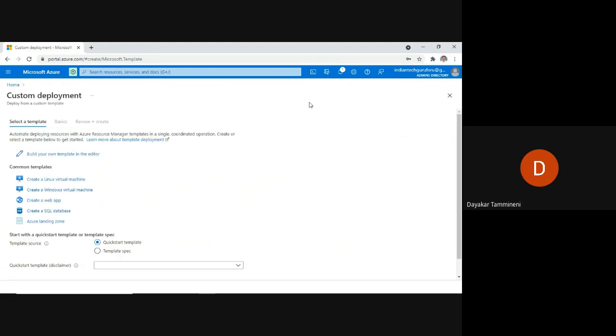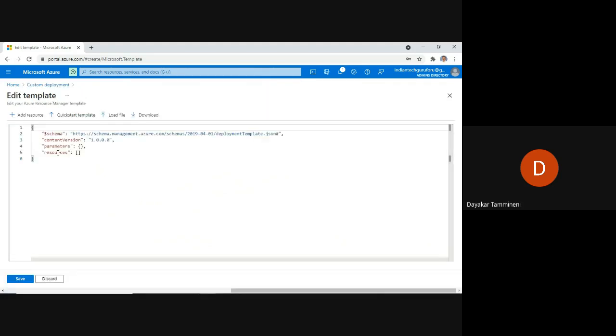So how to do that? Just in the search bar, search for template deployment. Then you are going to get this custom deployment. Select a template. Here click on build your own template in the editor, because now we are using our own template, which has been created by us and downloaded by us.